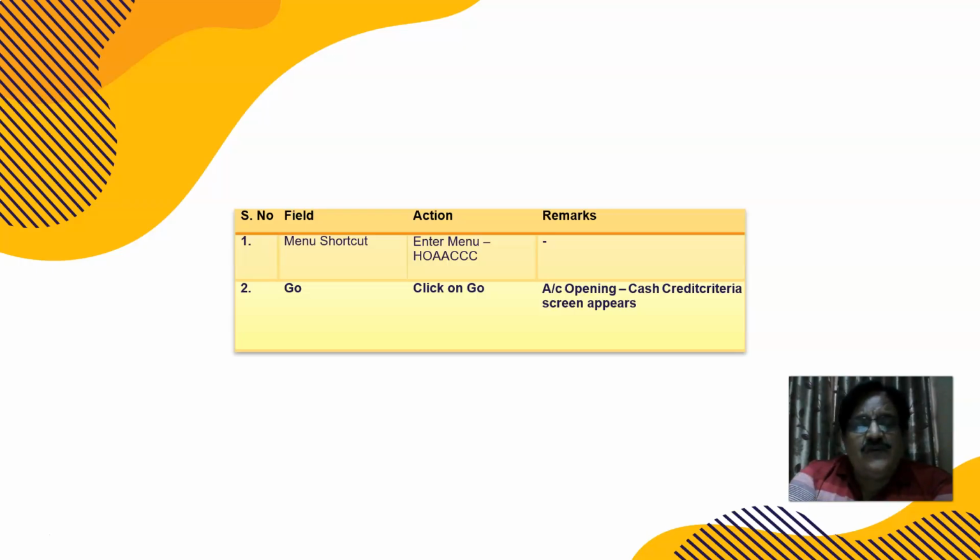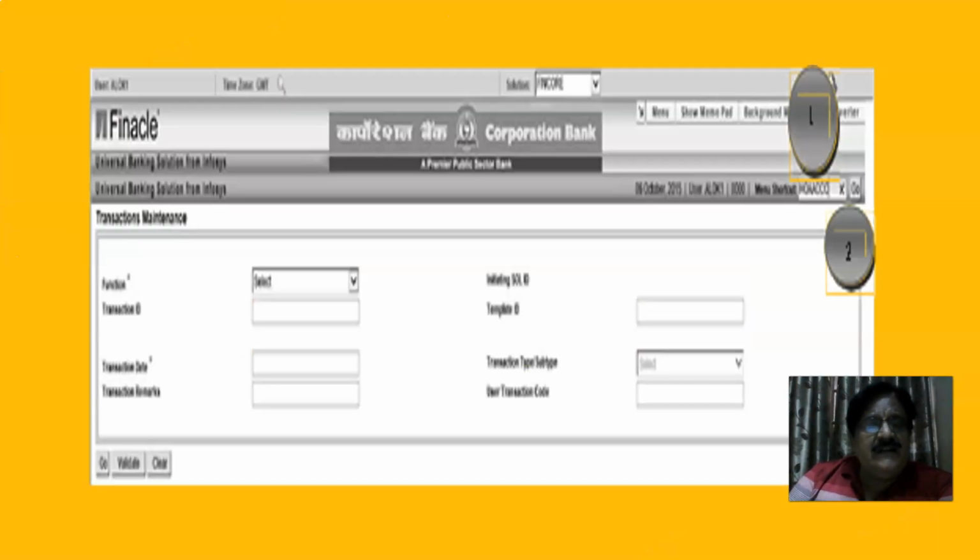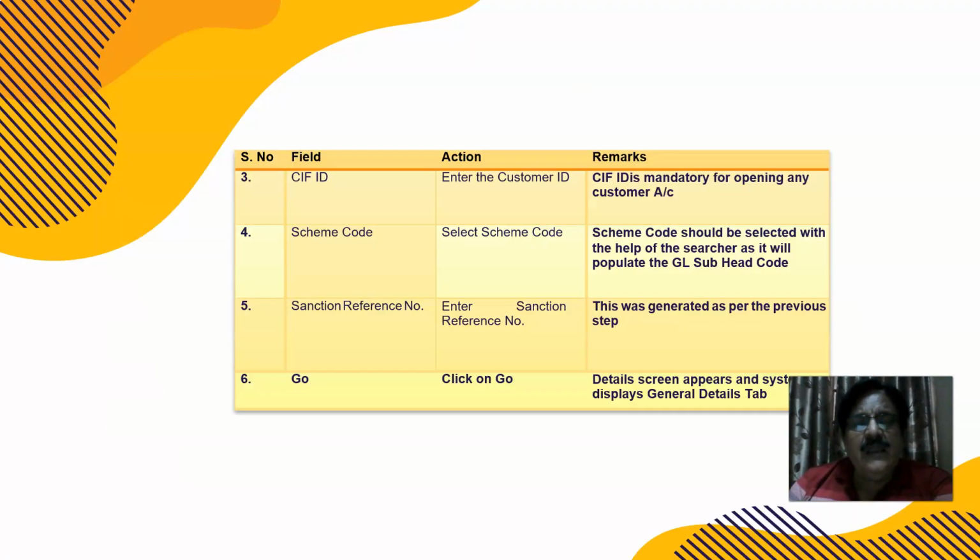So the command for opening cash credit was HOAAC CC. Click on go. This screen appears, right? The function would be add. So first we type the command HOAAC CC, then the function, then the scheme code, choosing in which variant of the scheme we want to open the account. That differs from bank to bank, right? Then we'll enter the CIF ID,